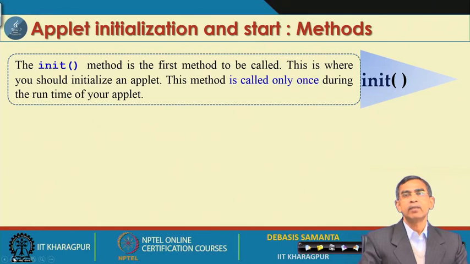Now, let us see the purpose of each method. The init method is basically used to initialize the applet. Initialization means, for example, changing the background color or style of the applet, or doing something prior to starting the applet. We will have a detailed demonstration of how this method is used. Init has many important applications in applet design, so we will discuss it in detail whenever we consider some case studies.